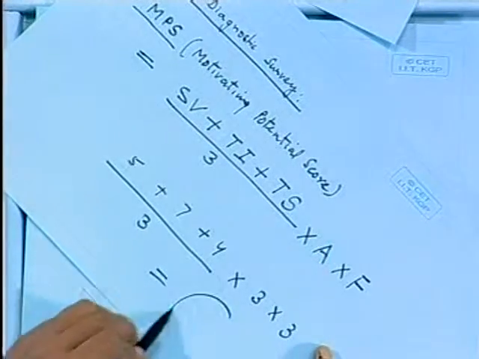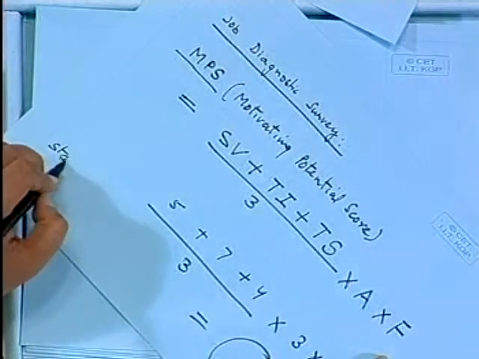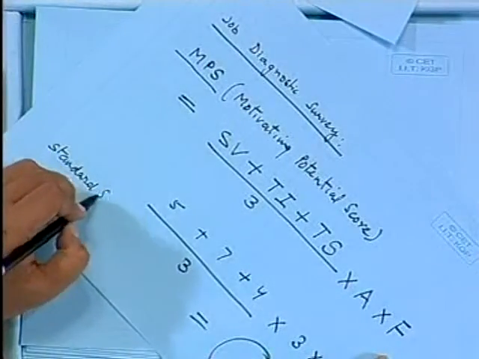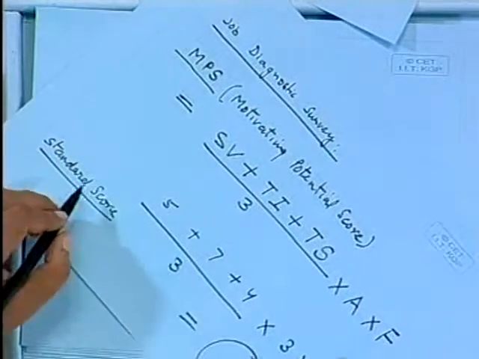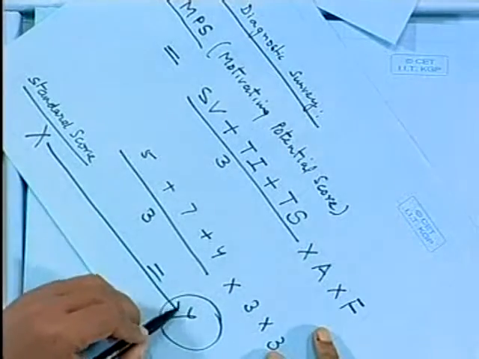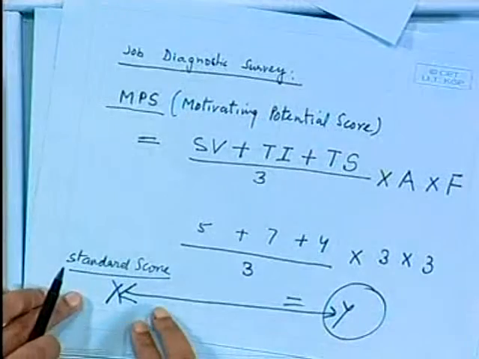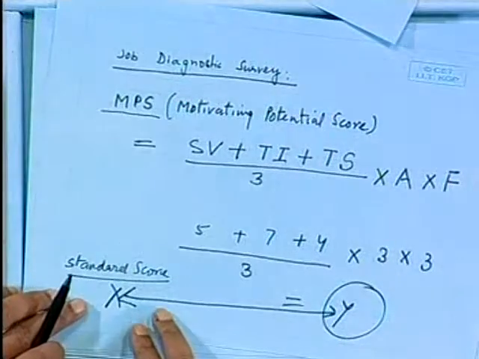So whatever score you get, you have a benchmark standard score. So you have a standard score. So this standard score, suppose x, and you get a score y. So you compare this x and y. Where is your score compared to the standard score? Standard score means that